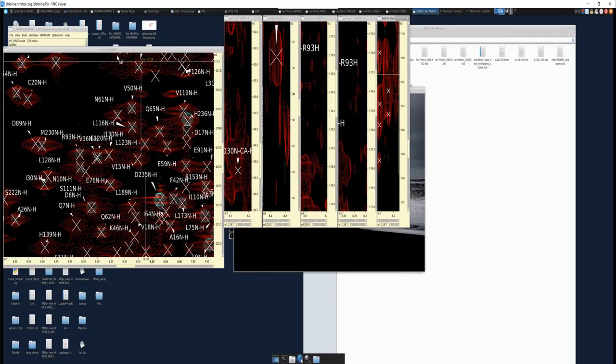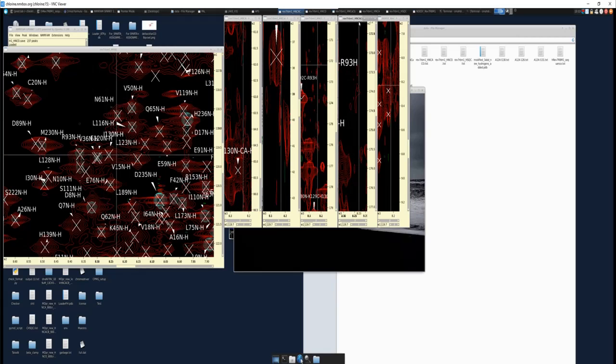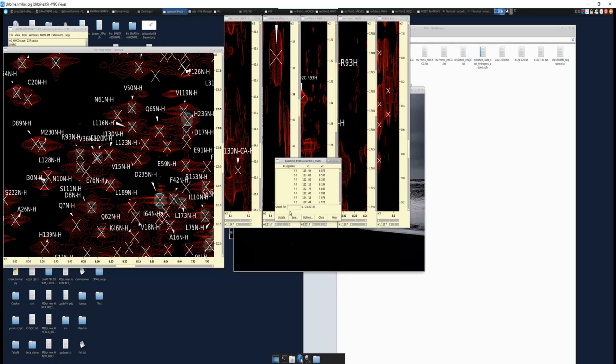So say you have this setup, right? You have your HSQC, your HNCA, HNCACB. Here we have an HNCOCA, an HNCO, an HNCACO, and a NOESY, right? So let's say you go to a particular peak here, right? Say none of these are assigned and you have this amino acid here,